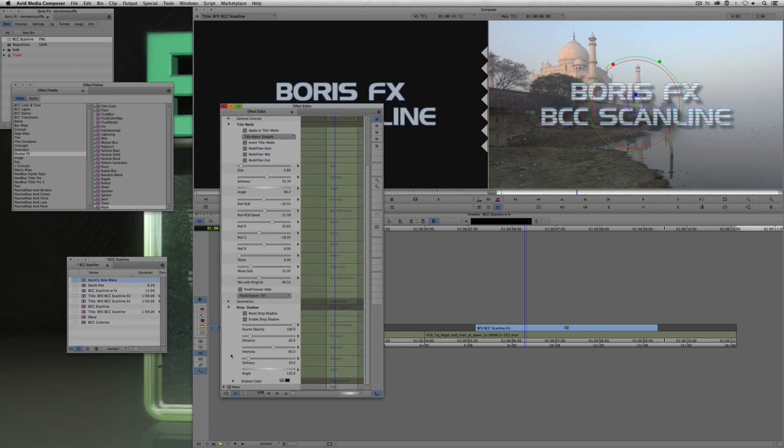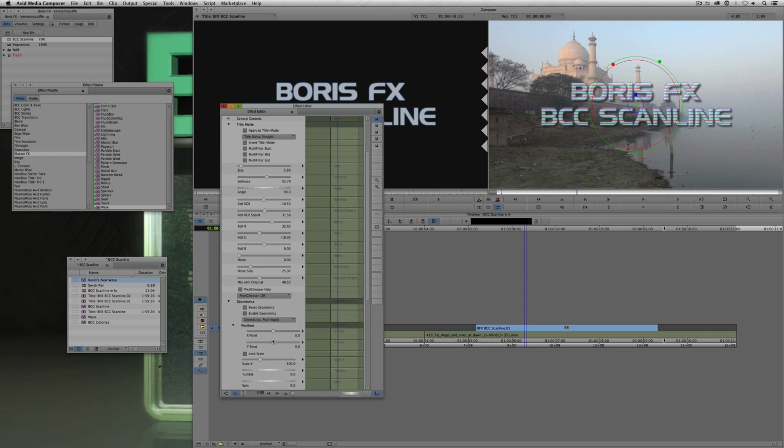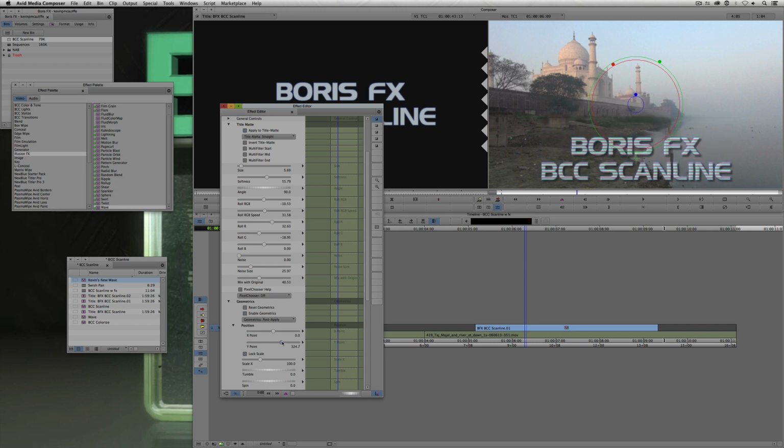That's a little bit far, I think. Let's actually take the distance, cut the distance in half, put it at about 10. I would like my intensity to be right up there. Maybe put the softness down around 5. And we can also come into our geometrics, and we can actually reposition this effect wherever we might want it to be. So for example, if I want it to be down here, sort of in the lower left corner,